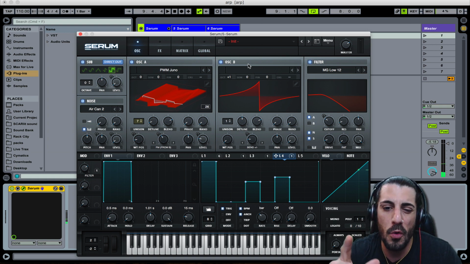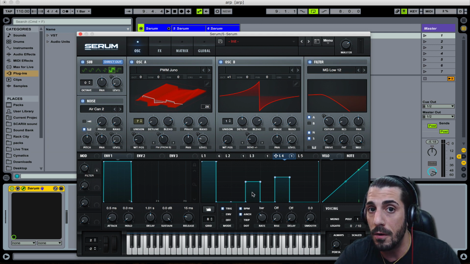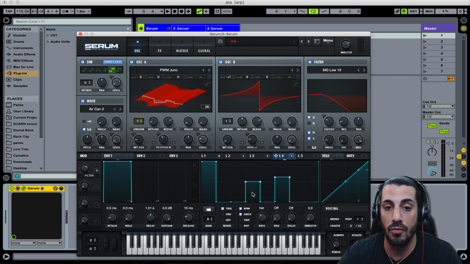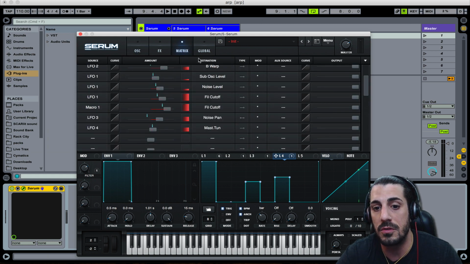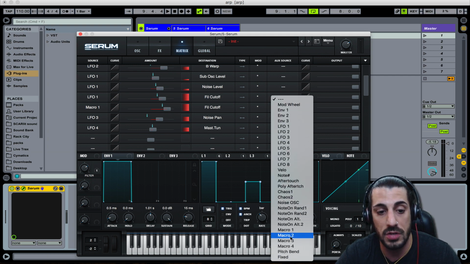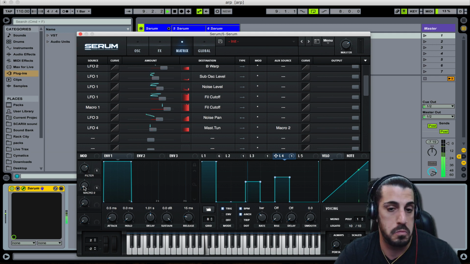Very cool. So what if you like the sound we made and you're like, oh, but I don't love that thing all the time, or maybe it's great to use in one song, but I like this arpeggiator and I can make my own melodies right on the grid with a piano roll. So that's what I'm going to do here for you. We're going to go back into the matrix, and remember we used the auxiliary source on one of our other sounds, and we're going to do that here too. We're going to grab auxiliary source, go down to our macro 2, and this means when it's down it'll just be regular, and when I pull it up,